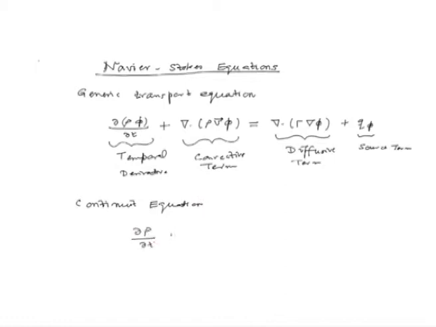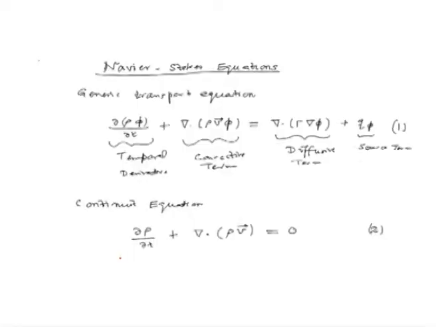Del rho by del t plus divergence of rho v is equal to 0. Now, if you compare the two equations, this generic scalar transport equation and our continuity equation, what we can observe is simply if we put phi is equal to 1 and gamma and q phi as 0, we get our continuity equation. So, the continuity equation also has a temporal derivative term